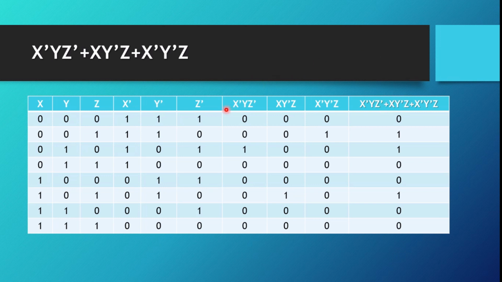Now if you are wondering how x complement y z complement appears to be 0, you can see for the first case x complement is 1 but y is 0. So if anything is 0, then the outcome will be 0. Okay. So simply where any of the components is 0, you put 0. For example, x complement. So in these 4 places, x complement is 0. So I filled in 0 here.